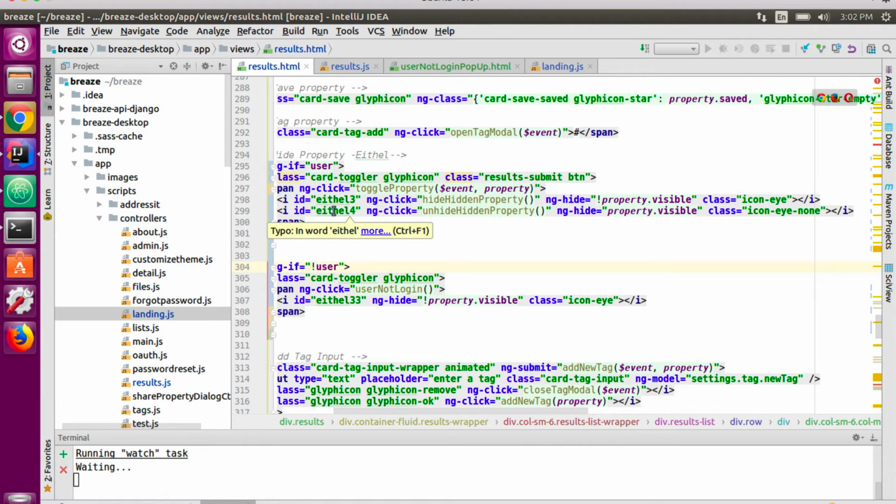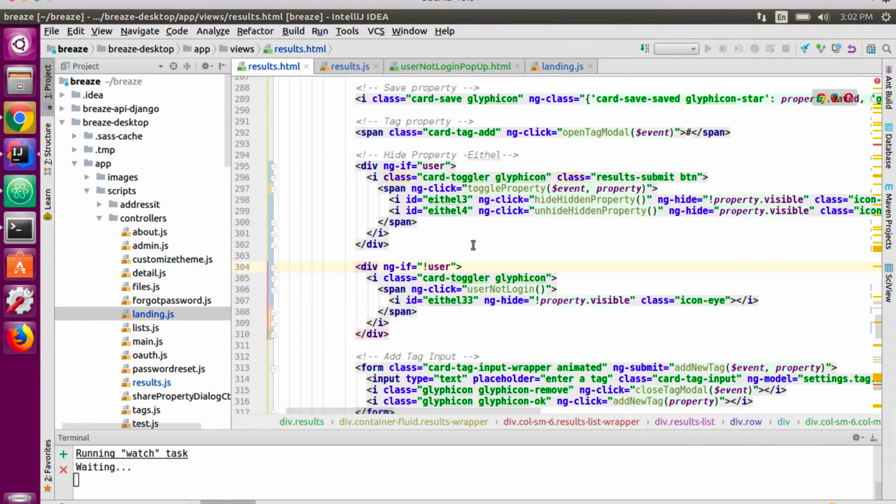As for this line right here, this is the opposite. When the user clicks unhide hidden property, after clicking the filters unhide hidden properties, the property is now visible by the icon I none, and now the user gets to select it. As for when the user is not registered, the user will just be prompted to the user not login function,